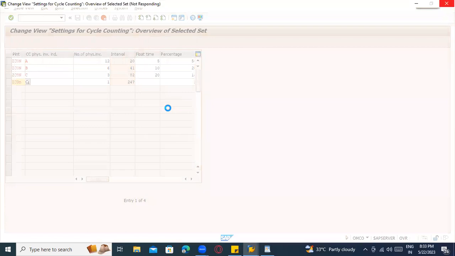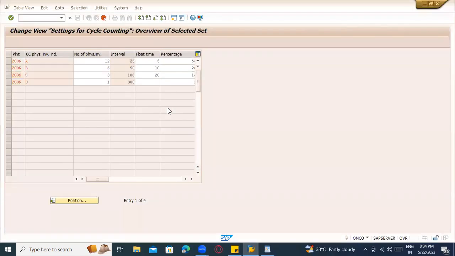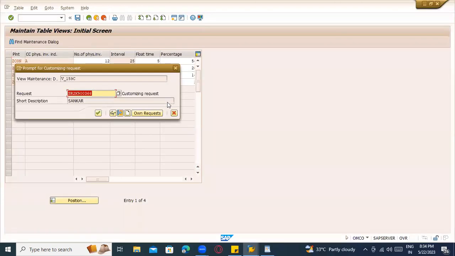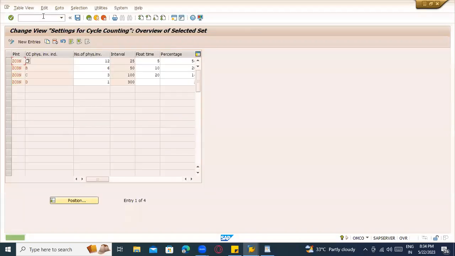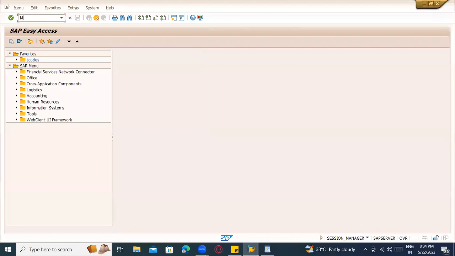So here, for each plant, the respective cycle count physical inventory indicator is to be maintained. How many days, what is the interval time that you are planning to maintain here? Okay. Now, once you maintain this at configuration level, you will go to the material master record